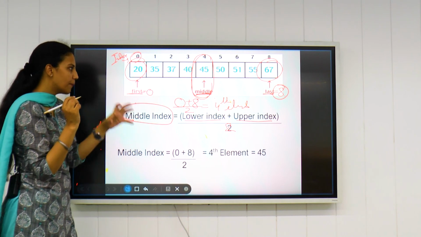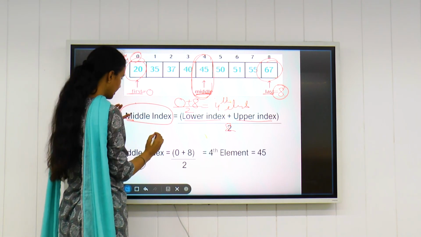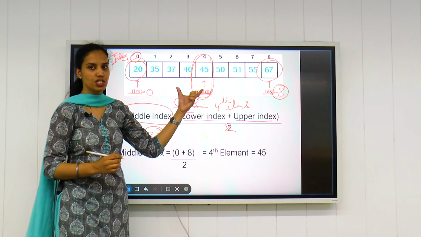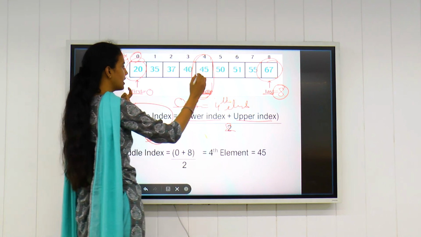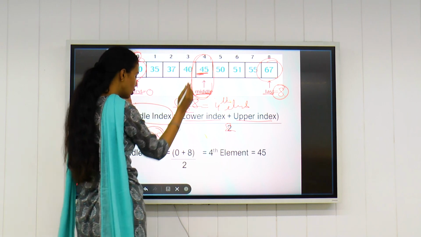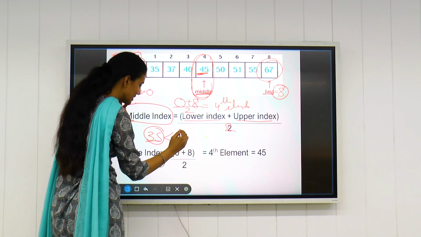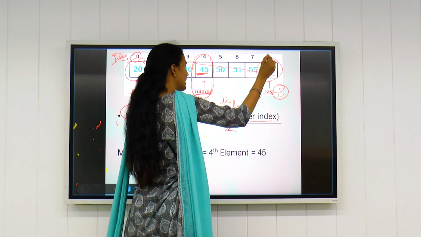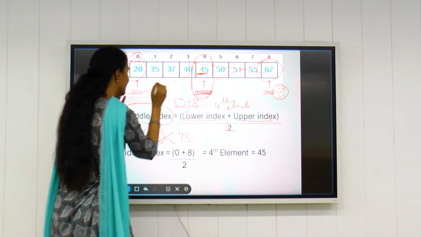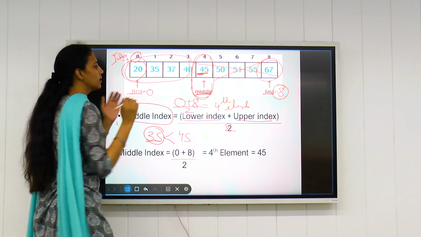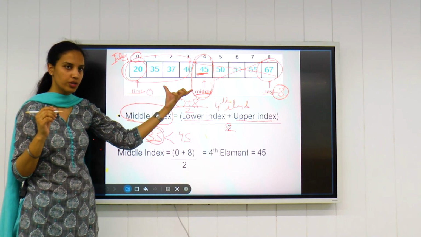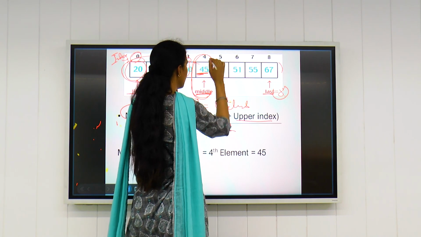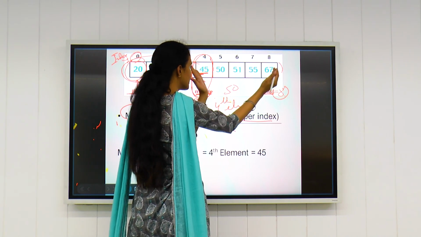For example, suppose we need to check whether 35 exists in this list or not. We'll compare 35 with 45. Since 35 is less than 45, we will not check this list, we'll only check this list. Just in case, suppose we want to check whether our element 50 exists in this list.